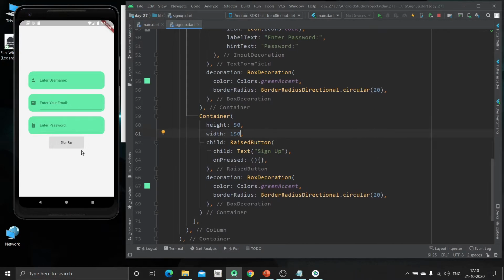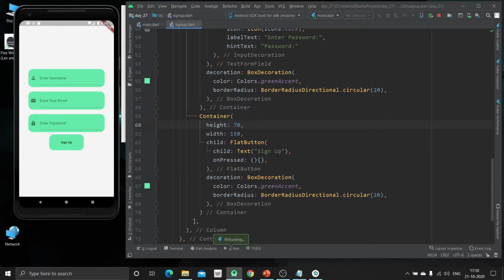Instead of this raised button, I am going to use the elevated button. Control and S. Now good. Again we are going to increase the height and width of this container to 50.